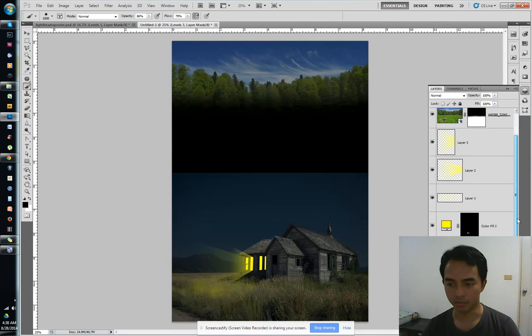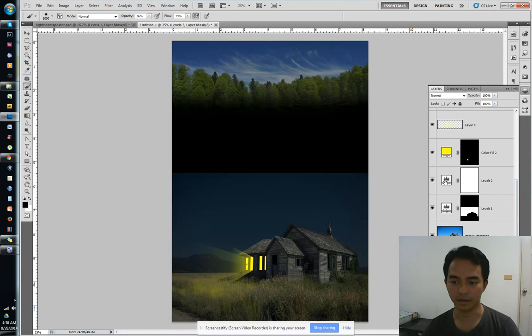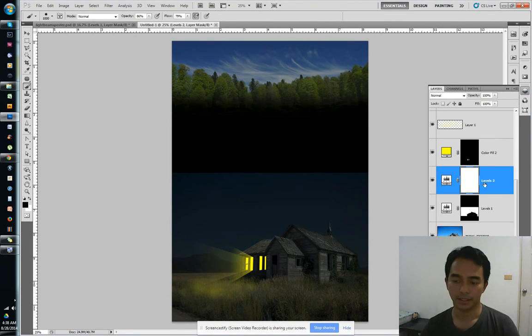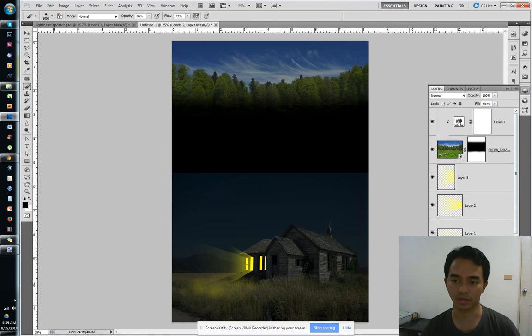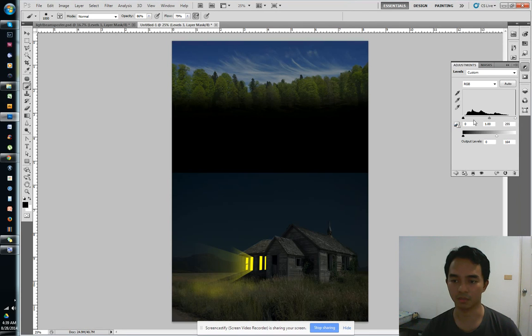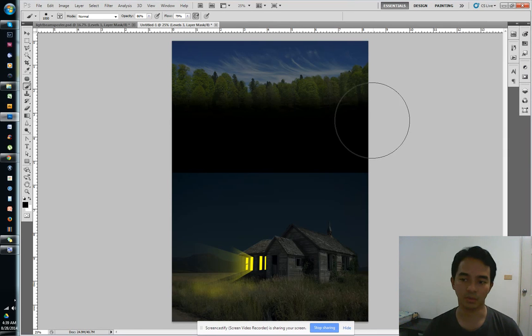Again, the beauty of having layers is that we can always adjust furthermore. Okay, like that. So once that is done, again, we can always adjust the other layers if we want to, if it doesn't fit what we intended it to be. So I'm going to adjust this one a little bit more. So say for example we've done that, we can add in the other